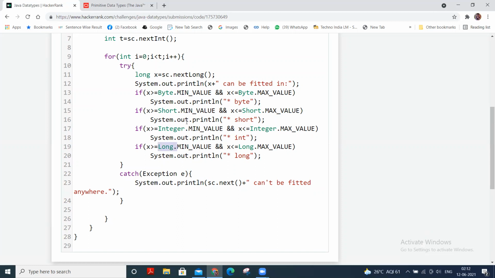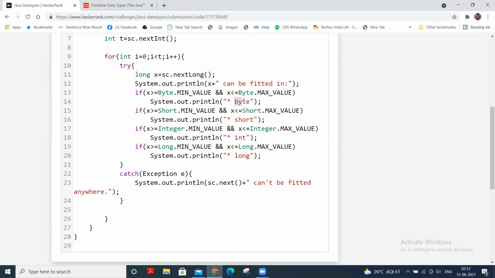Okay, so you have to remember that when you use the MIN_VALUE or MAX_VALUE field, then you have to use these class names, meaning Byte or Short. When you use them, the first letter will always be in capital, like here B is capital, here S is capital.